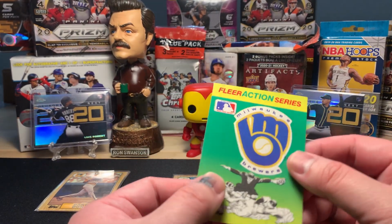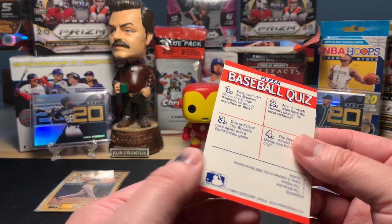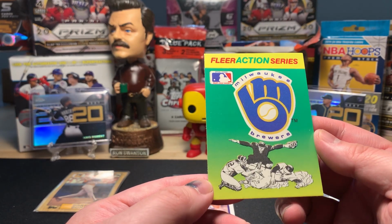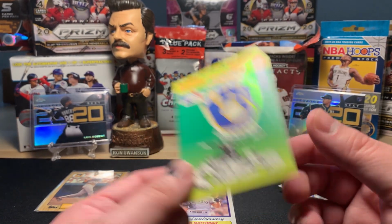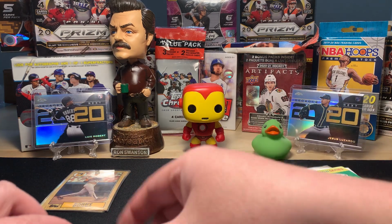And in lieu of what normally would be a kid reporter, I think this is a sticker. This is a Milwaukee Brewers sticker with a little trivia on the back. So that's kind of neat. Maybe just keep that over there. All right, so let's open the second